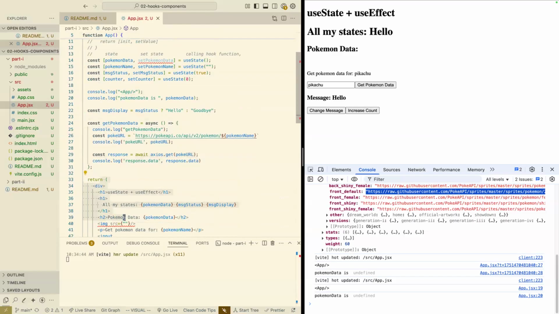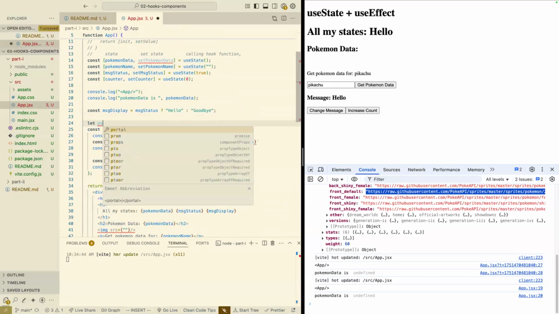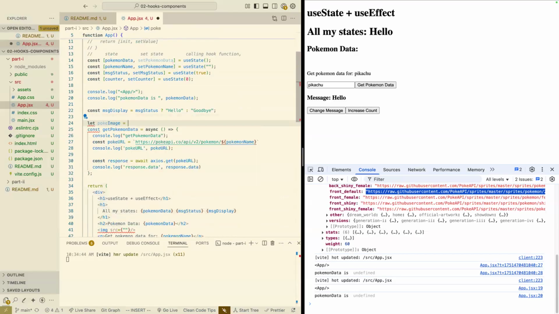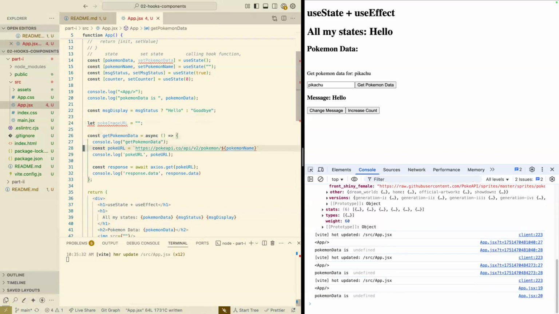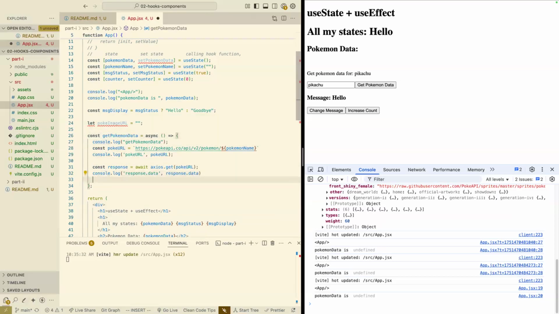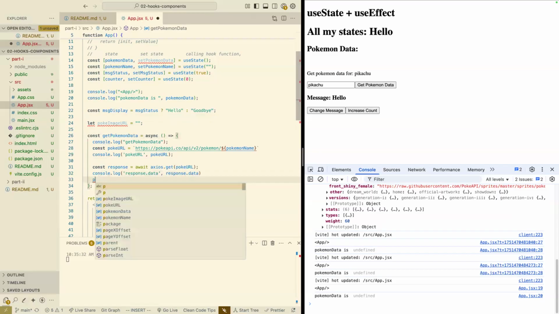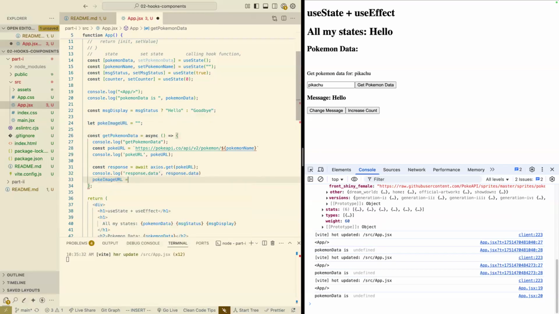You make a global variable, set it equal to null, and then inside of that async function, you set whatever Pokemon data you want to get out of it to that variable, and then you can use that variable and access into it. Yeah, I love it. There's a couple things we're going to have to tweak with this, but we can create a variable outside the scope of getPokemonData, pokeImageURL. And then inside of it, we can set pokeImageURL to